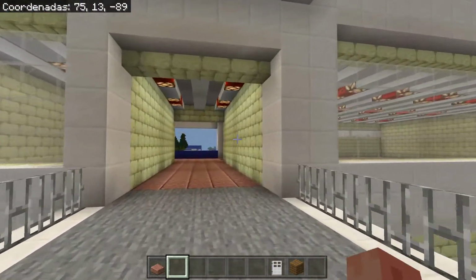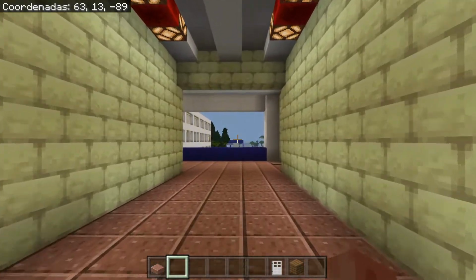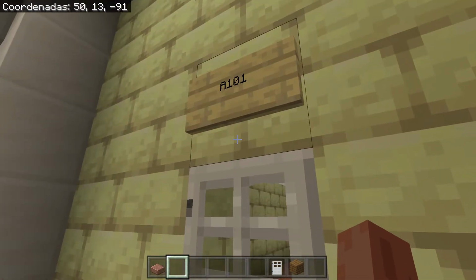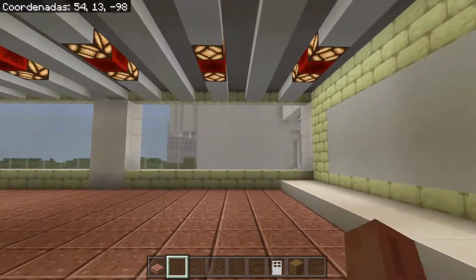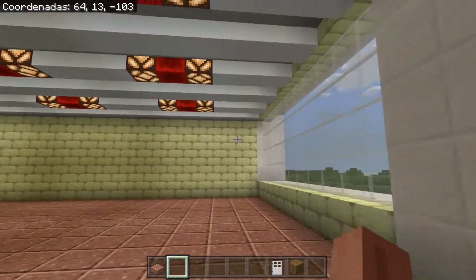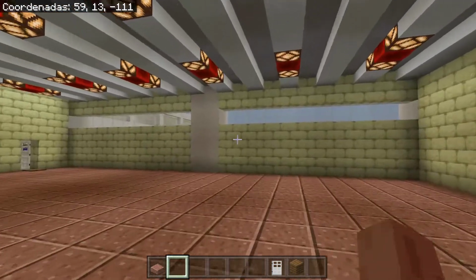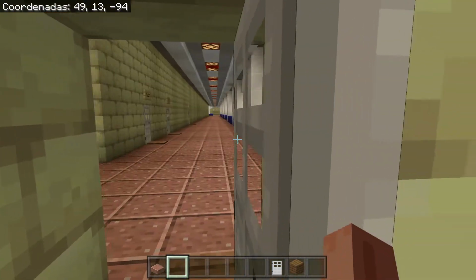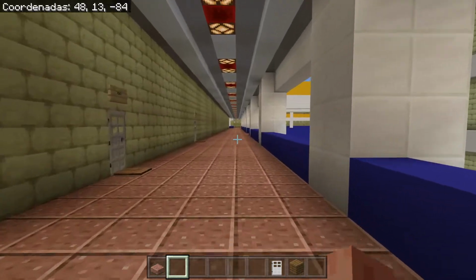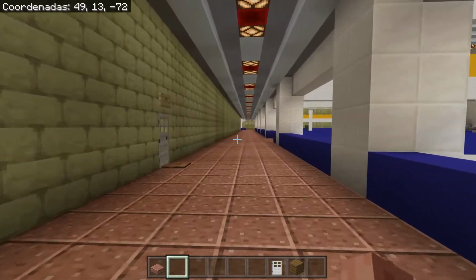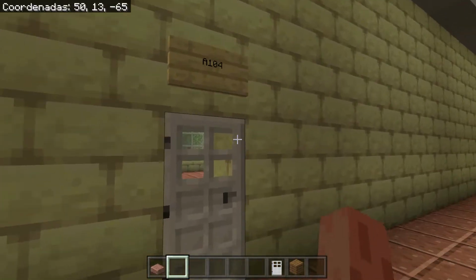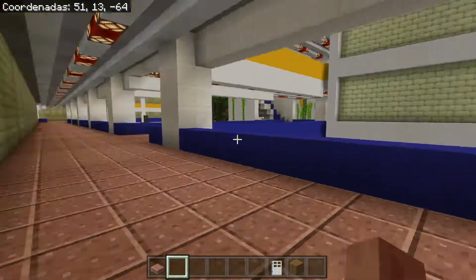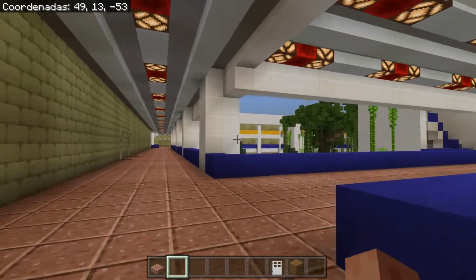And these are the aisles that I used to walk around every day because I had to go from one classroom to another. Here we have classroom A101. I can enter here. This is one of the big classrooms of my school. We're planning to put a lot of vocabulary in the first stage of this project, and then on the second stage we could include some more functionally driven activities, in terms of communicative functions, for our students. This is classroom A104. You can enter here too, and there's so much that we can do around here.